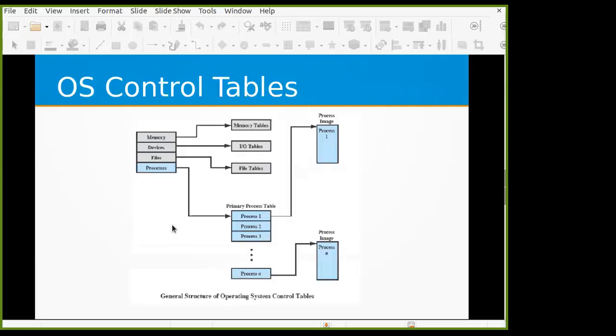So this is again a very simplified design. It is not always this simple. It is very complex actually. There are so many cross references from one table to another, especially process references are there almost in all the tables. So you can see here that these are the four entities which are managed by the OS: memory,